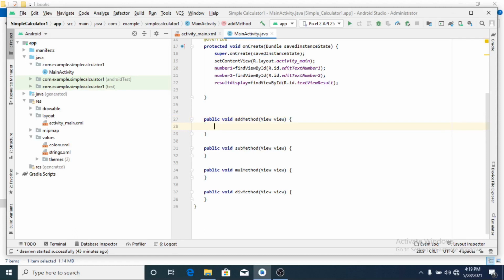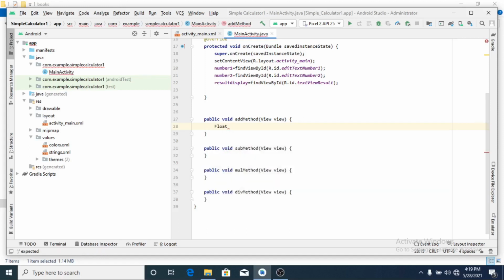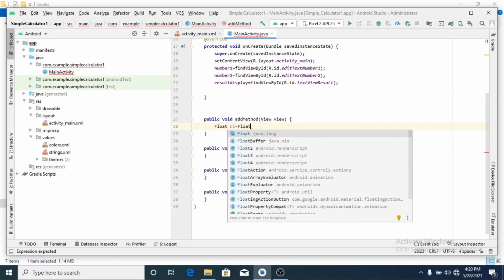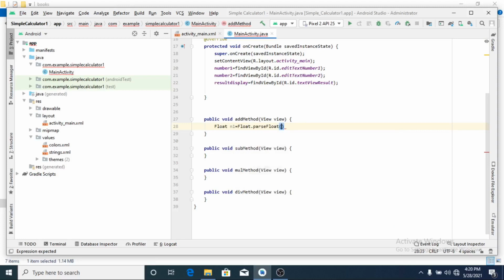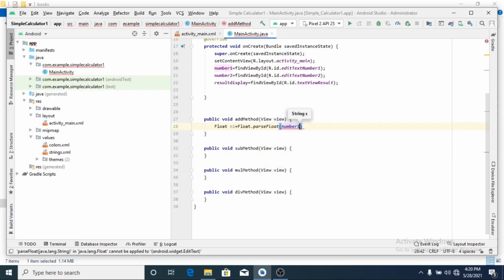Okay, let me take 2 floating variables here in the local method. Float n1 is equal to, now here whatever is there in number 1, that text or string, I have to convert or parse into float. That's what I am doing now. Dot get text to string.